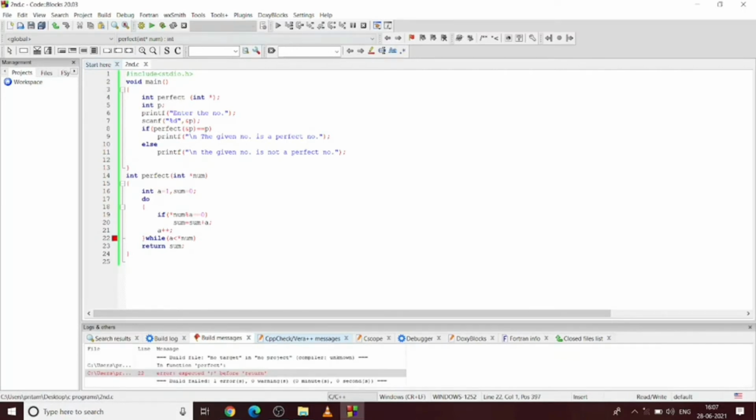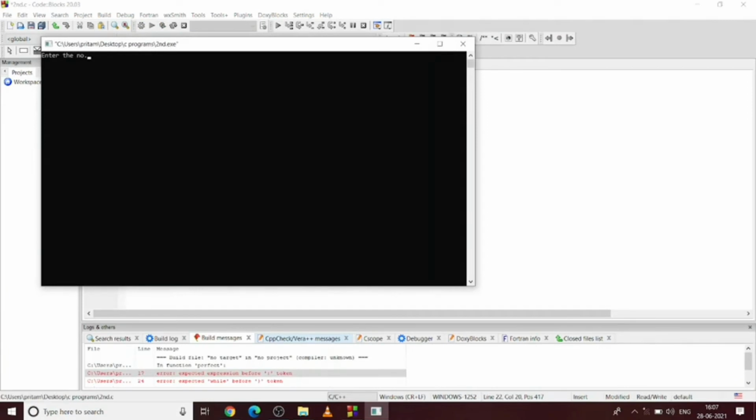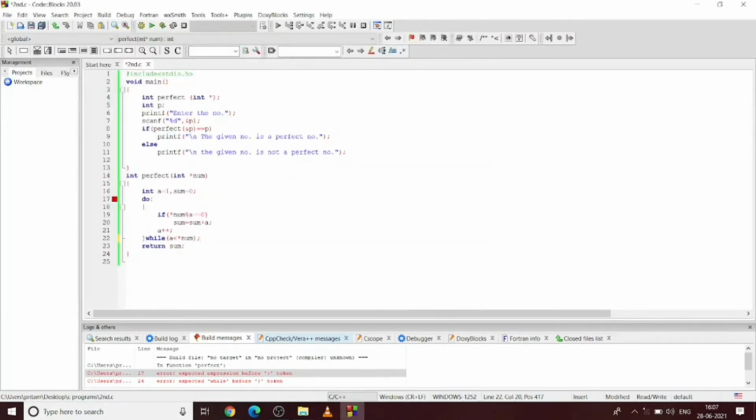It has given us an error because we haven't put a semicolon after the while condition. Okay. 6. The given number is a perfect number.